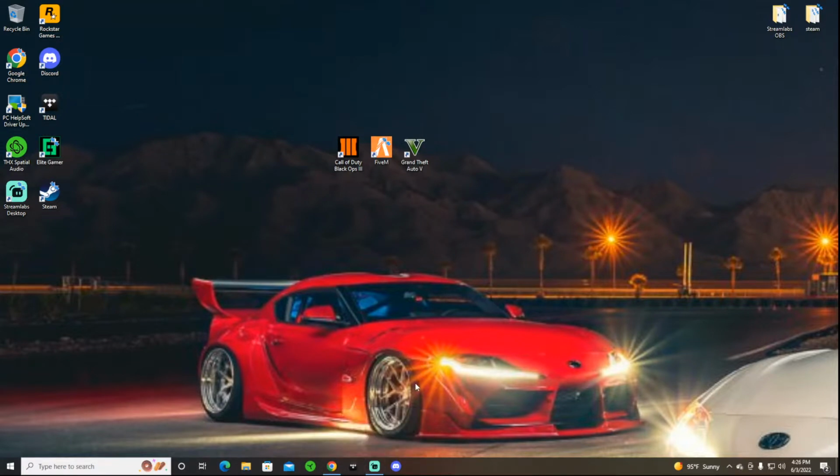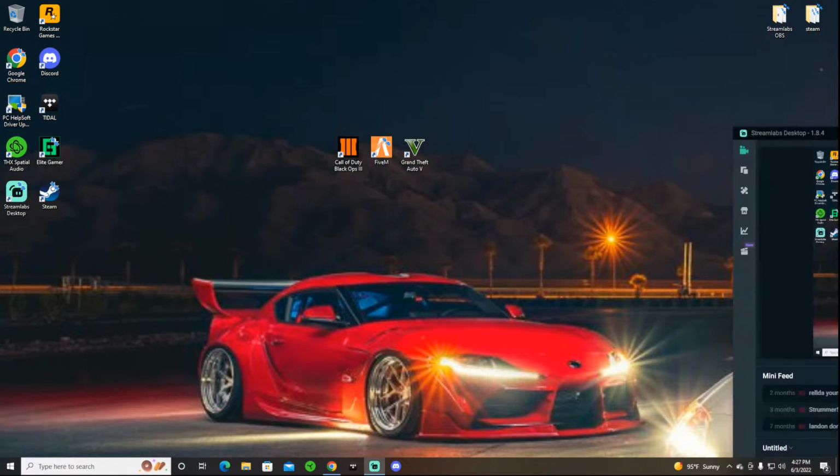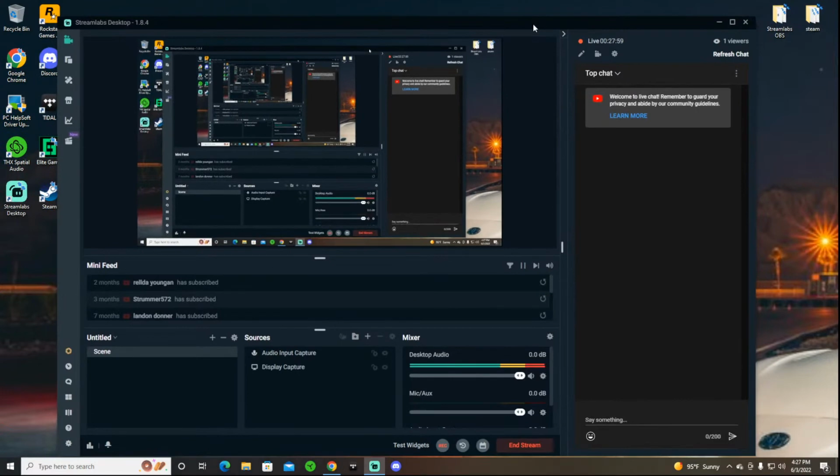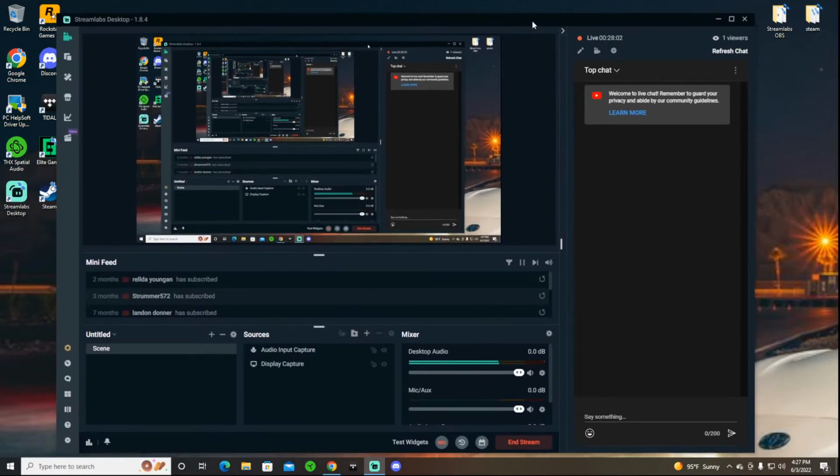So to run any program as an administrator, you can just right click on the launch icon there and then select run as administrator. Now, you don't want to do that every single time. So what you're going to want to do is when you right click, go down to properties, and then within the shortcut tab, you're going to go over to advanced. When you click on that, that's where you want to make sure